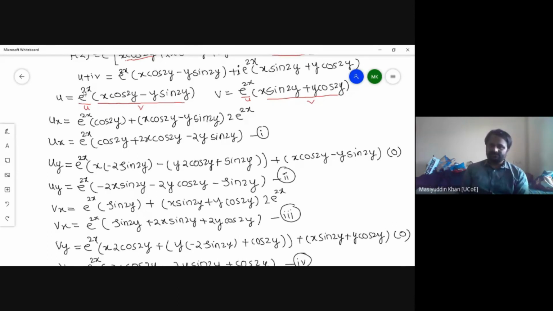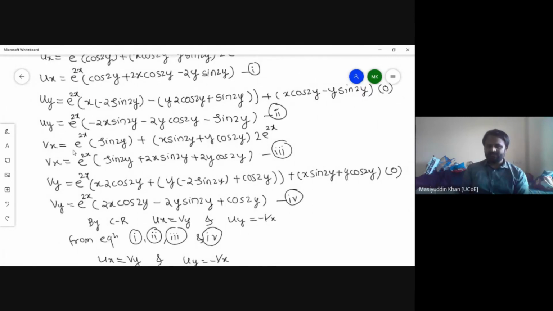Here only the x variable is present, so the derivative of this second part with respect to y is 0. So this part is by default 0. We just simplified these terms and you are getting u with respect to y. Similarly, we applied here v with respect to x and v with respect to y. Always remember, whenever a function like z into e raised to 2z or z into e raised to z is given, this means clearly u with respect to y and v with respect to y, the second part is by default 0.